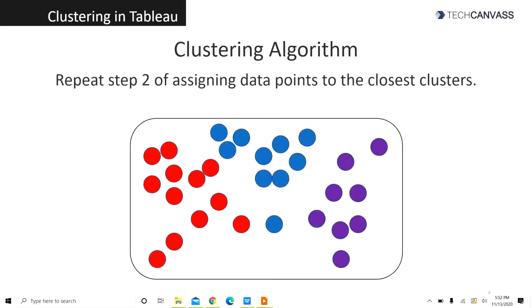Again, the Euclidean distance is computed between data points and all the centroids. And again, the data points are assigned to the closest centroid or cluster. So now you can see that we have 3 clusters. This process is repeated till centroids stop changing. Once they stop changing, we have our final clusters ready.